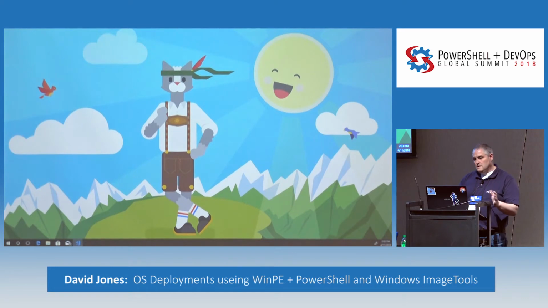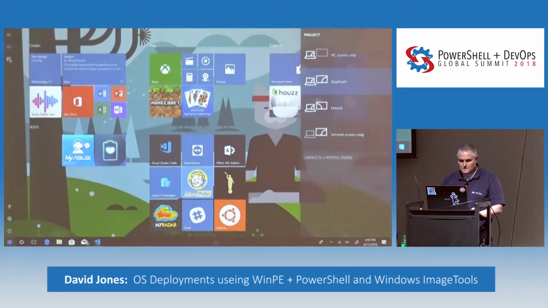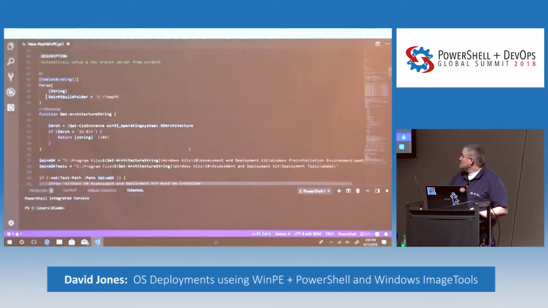So first, I needed to build the WinPE. So I'm going to create. I knew that was going to happen. It always works when you're first getting set up. Okay, is that readable? Does it need to be bigger? Okay, all right. Okay, so